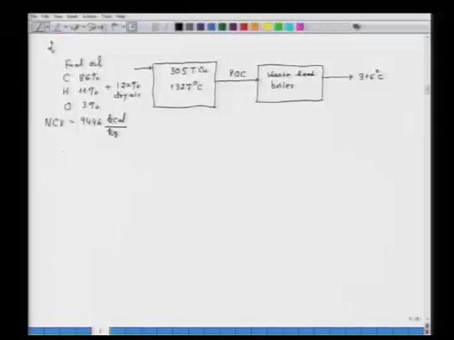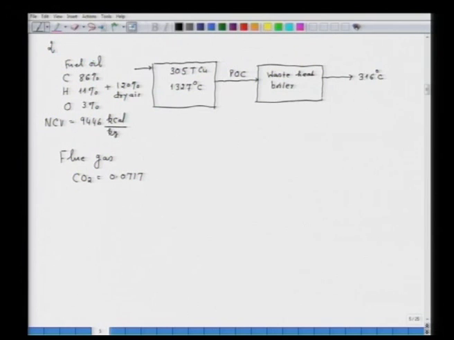So, now we have to calculate first of all the average fuel consumption, that is the first thing we have to calculate. Again, we have to calculate first of all the composition of flue gas. So, composition of flue gas, we will be calculating; you have to do the material balance and calculate it. Say CO2, I am directly calculating